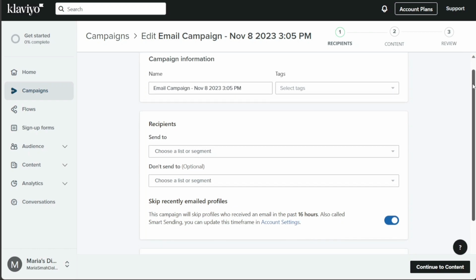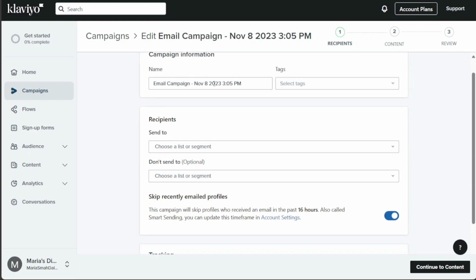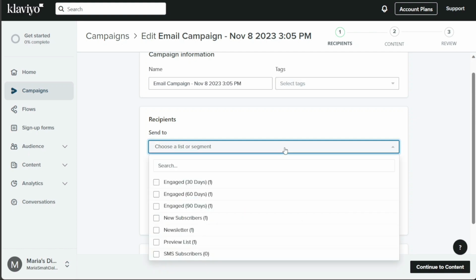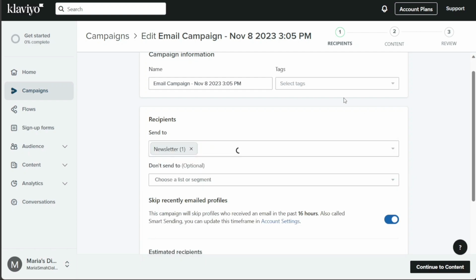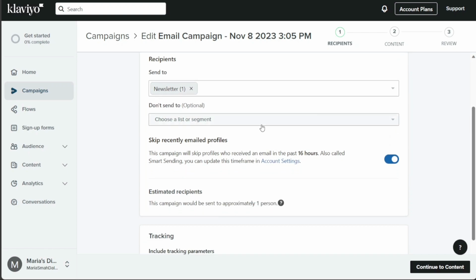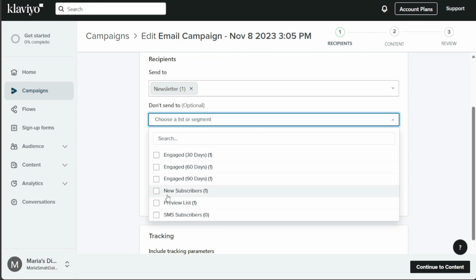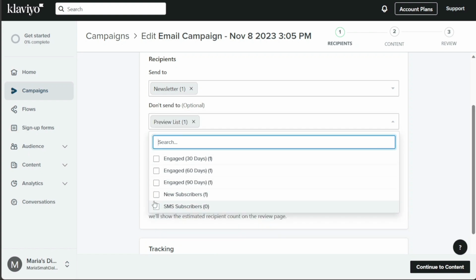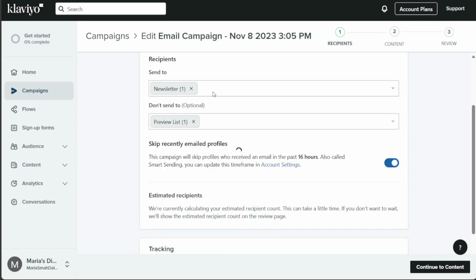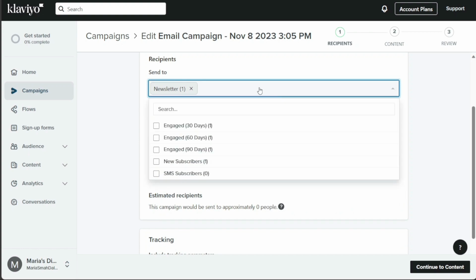The Recipients section covers the basic settings of your campaign, who you send to, and details about how you send. Here you will need to choose the campaign name and add a tag to your campaign if you would like. Next, you will need to choose an existing list or segment to target. For example, you may want to send a campaign to your main list except for those who are subscribed to SMS. Or you may want to send a campaign to a list with all the customers that have made 2